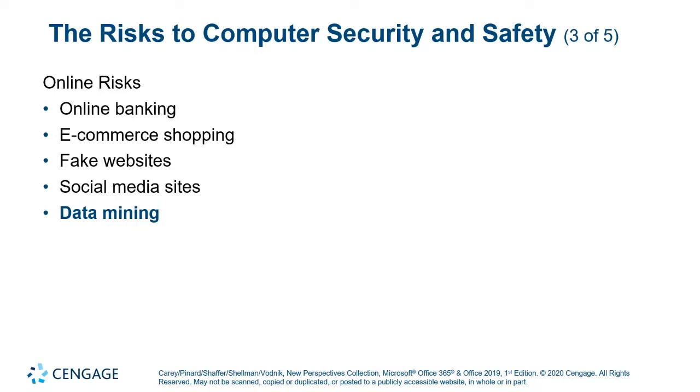Social media sites are another source of online information risk. It's very easy for us to want to share things about ourselves. And not everybody, of course. Some people are more private than others. But for those of us who are more public, more transparent, it might be tempting to turn your social media into a sort of live stream where you're updating every noteworthy thing that happens, or you might be posting your birth date or something like that, so that you get all those nice happy birthday messages on your birthday. You really don't want to do these because that is the number one way that people put their information at risk through social media.